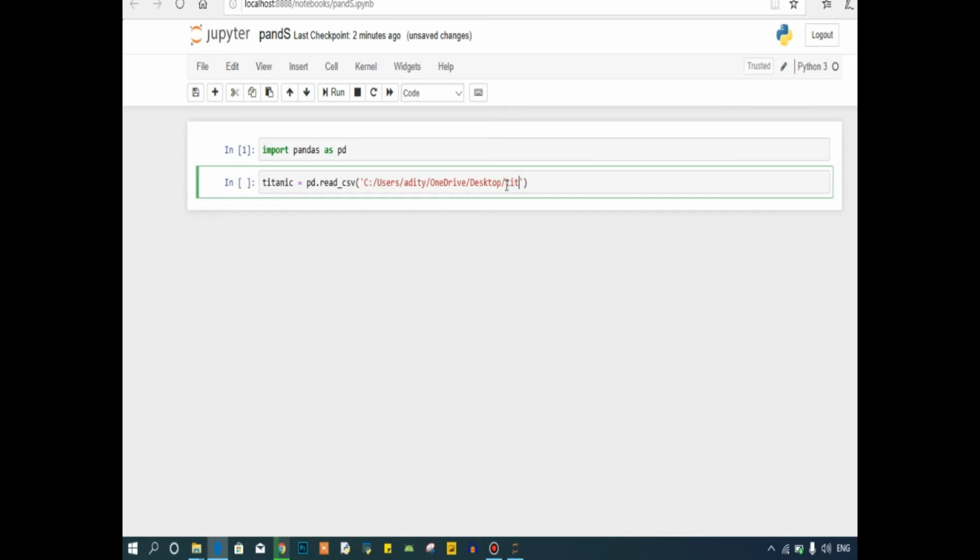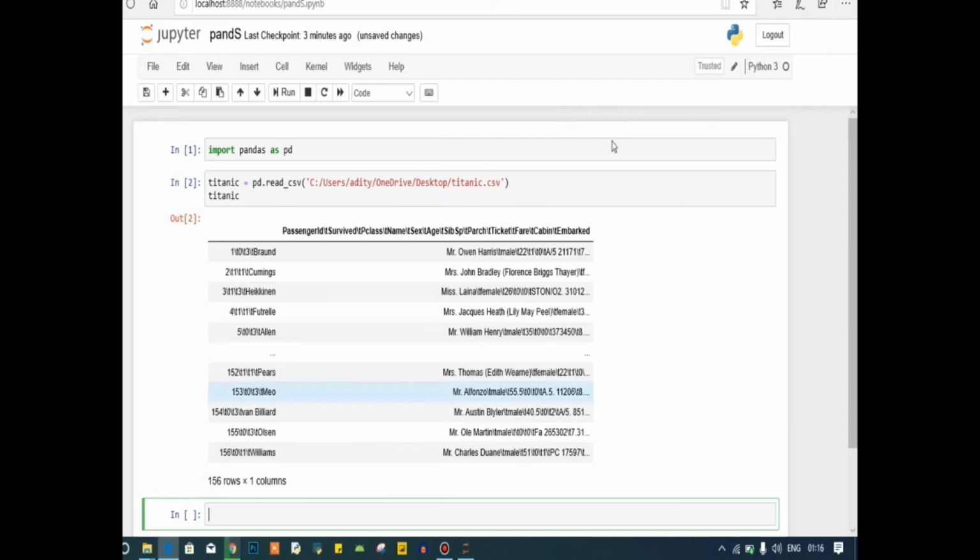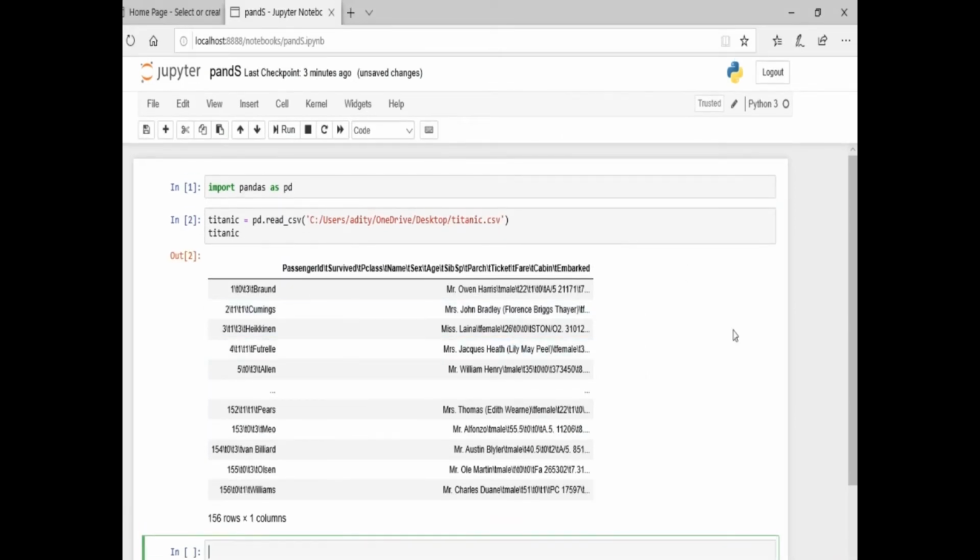The name of my dataset is Titanic. This is a CSV file which we are loading, so I will put here .csv. This will show that you are loading the CSV file. Now let's run it and see it. So yeah, here is our Titanic dataset.